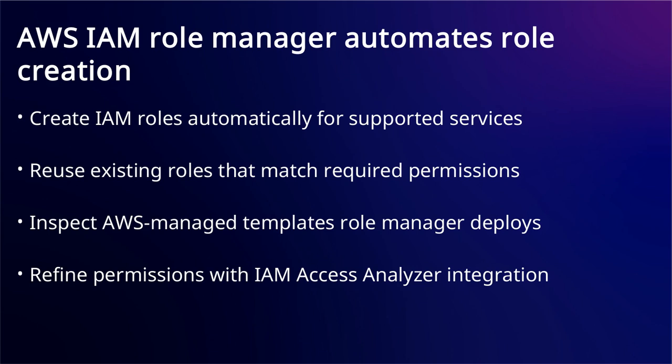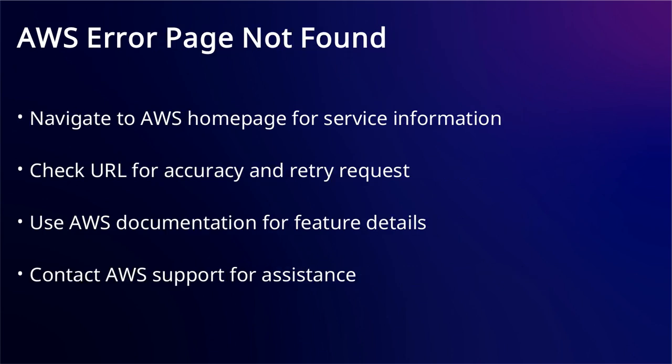China regions. You encountered a 404 error when attempting to access an AWS page, indicating the requested resource does not exist at the specified URL. To resolve this, you can navigate to the AWS homepage to find the correct service information you need. You should verify the URL for any typos or outdated links and retry your request with the corrected address. You can access AWS documentation directly to locate details about specific features or services. If you continue experiencing issues finding the information, you can contact AWS support for assistance in locating the correct resource